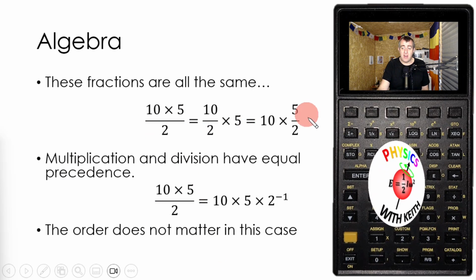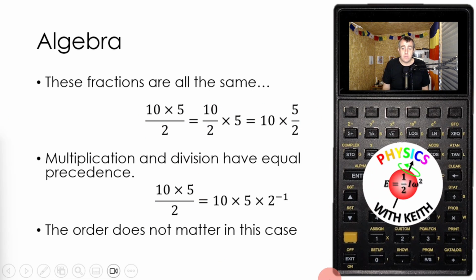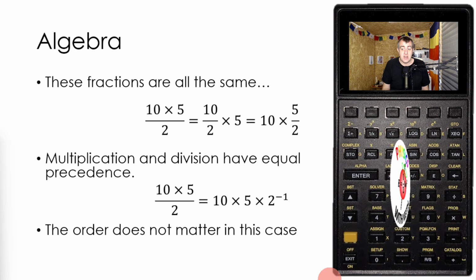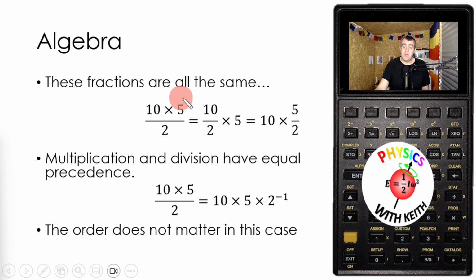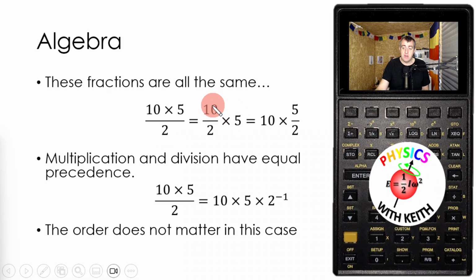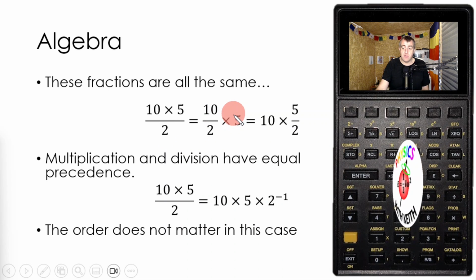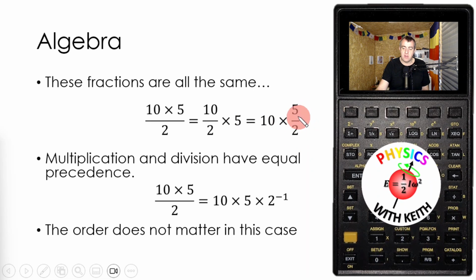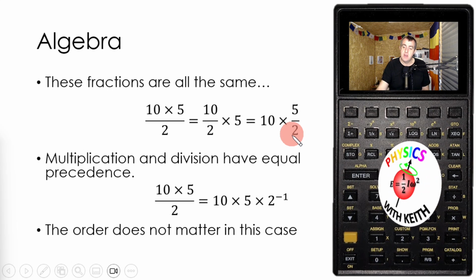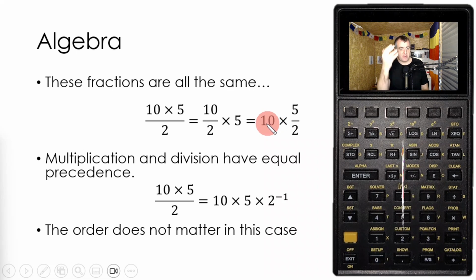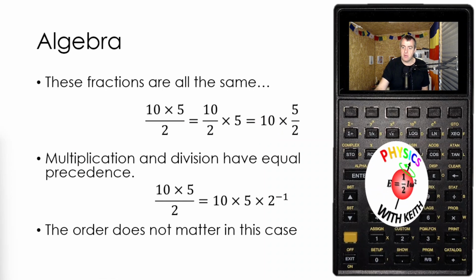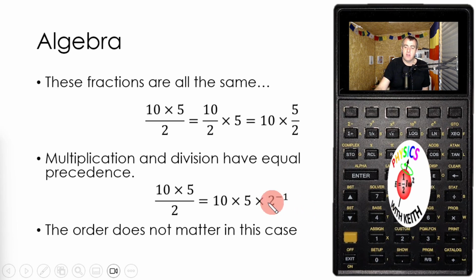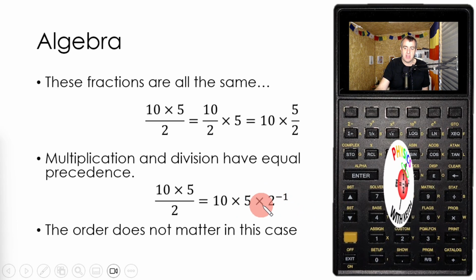So all of these three are actually the same. You don't have to believe me, you can check it for yourself. They're all equal to 25. 10 times 5 is 50, divided by 2, 25. 10 divided by 2 is 5, times 5, 25. 5 divided by 2 is 2.5, times 10, that's 25 again. They're all 25. So, one way of dealing with this is to use negative powers and multiplications, and you can